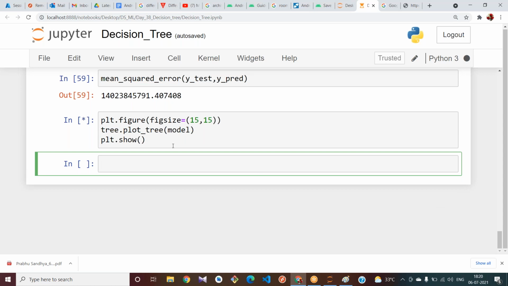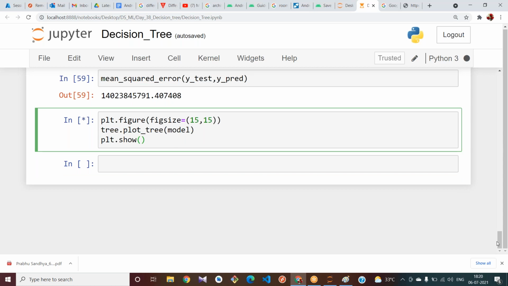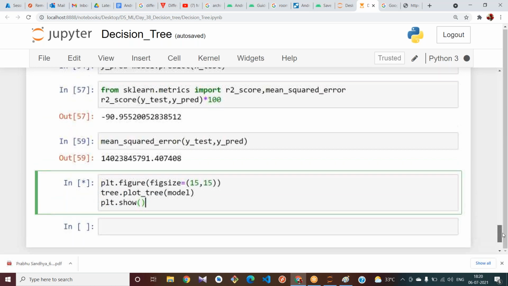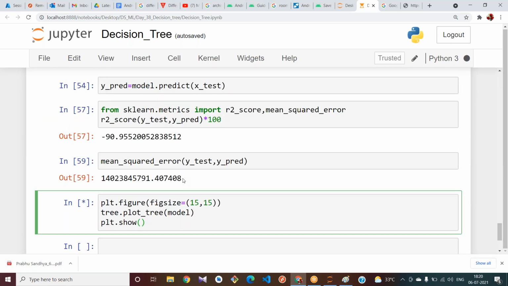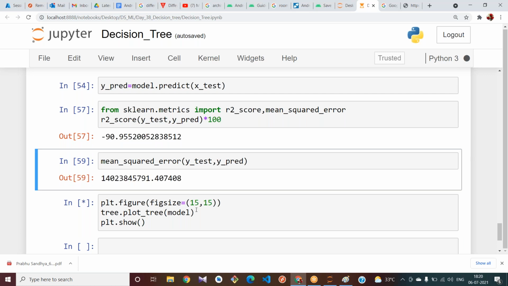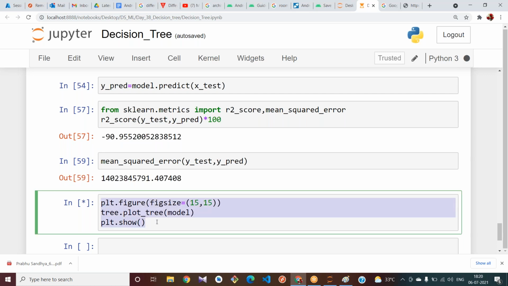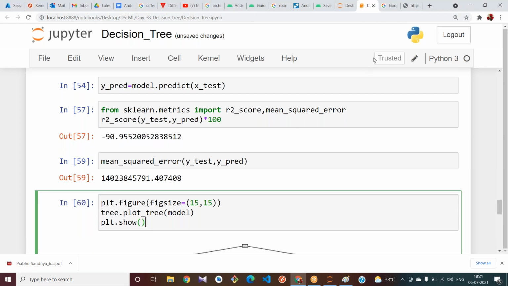If it takes more time, that means it is trying to take more splits. Since we got more error here, I think there will be more splits in this data set. Let us see, and tell me if you have got the tree and how many levels you got. Yes, I got the tree here.